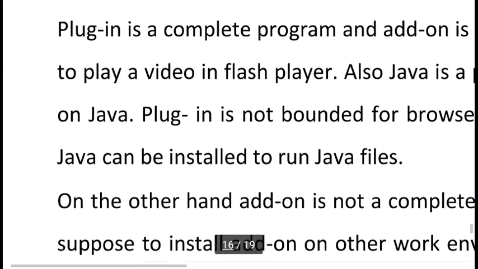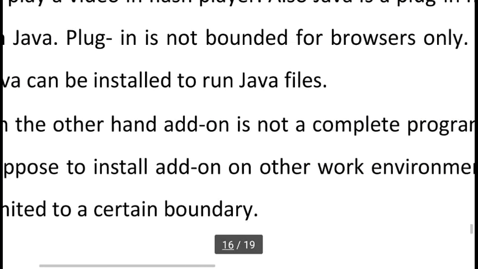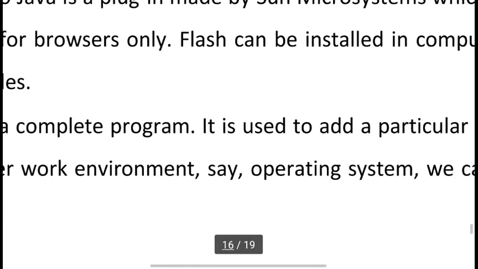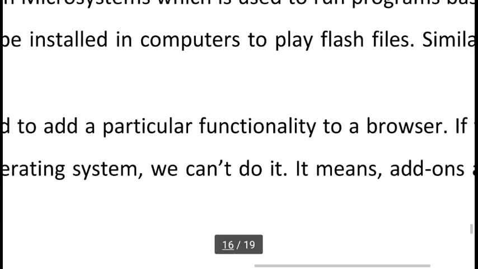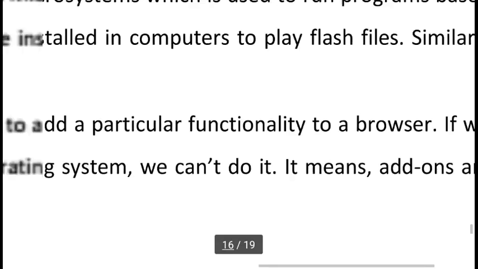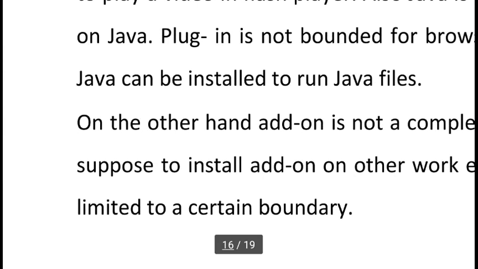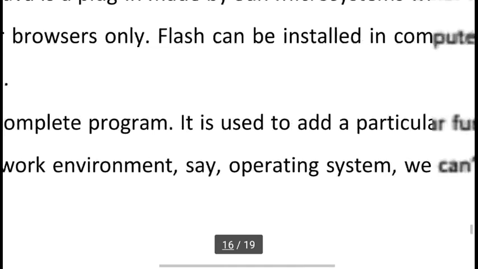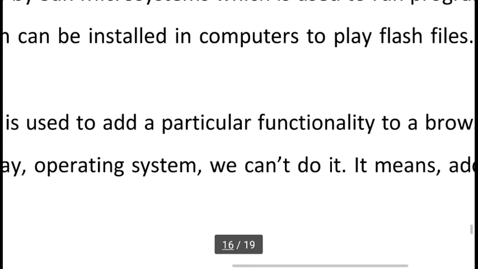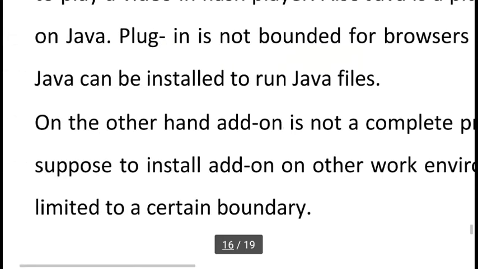On the other hand, an add-on is not a complete program. It is used to add a particular functionality or facility to a browser. If we try to install an add-on on another work environment, say an operating system, we can't do it. It means add-ons are limited to a certain boundary. Add-ons work directly on the web browser.